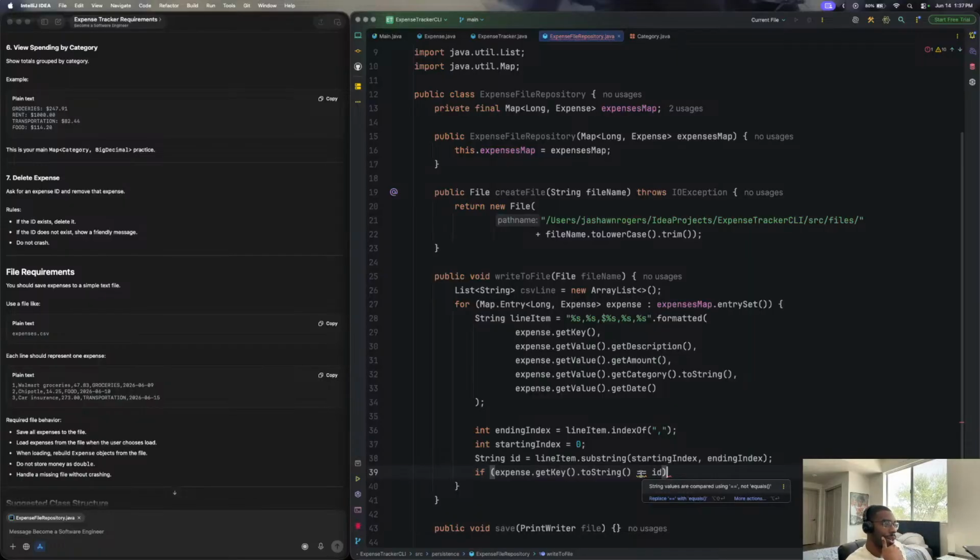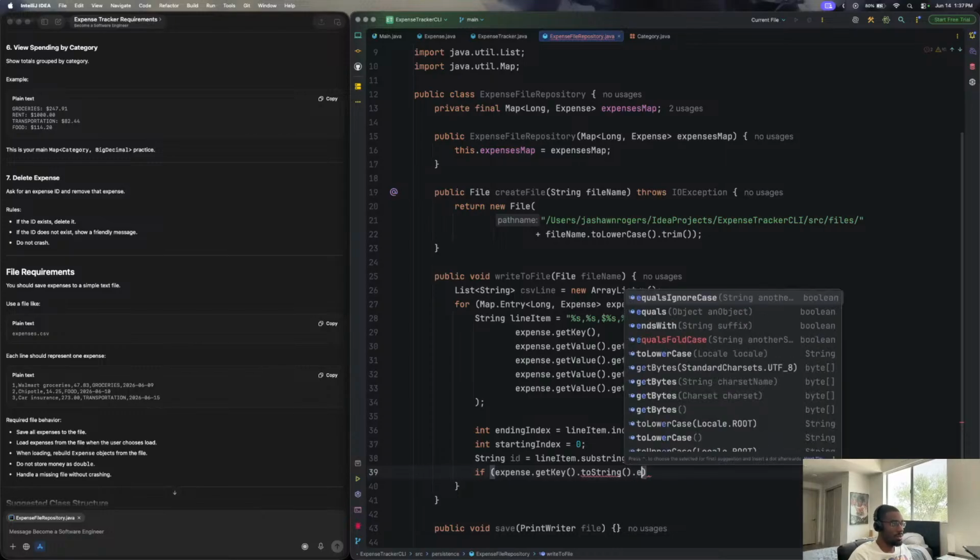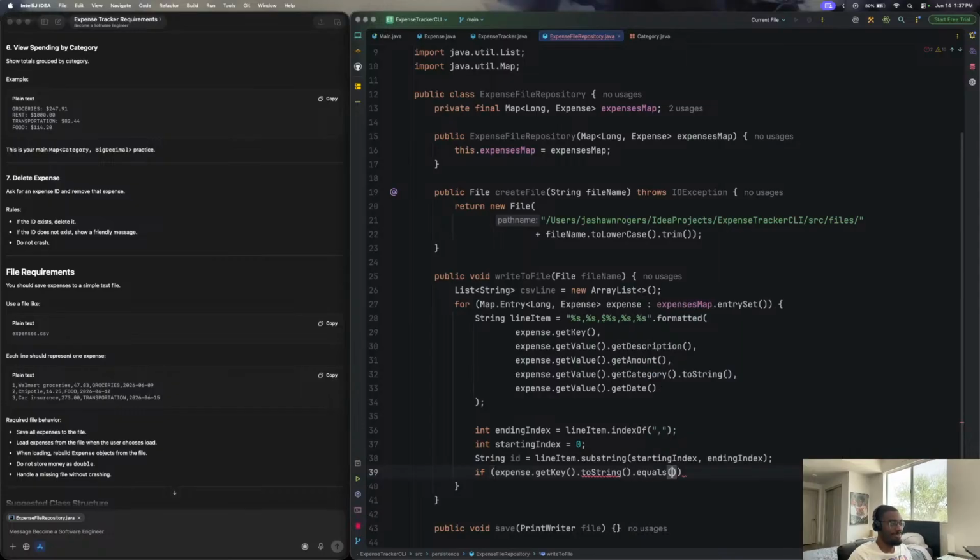String values are compared using double equals, not equals. Oh, okay, okay. I'm like, it's telling me what I'm doing. What are we talking about? That's not what I meant. Not equals ID. So if it does equals ID,